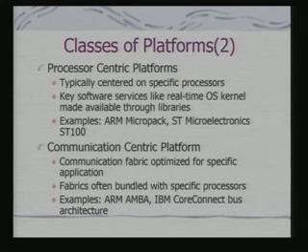There are also communication centric platforms, where the basic objective of the platform is to provide the communication fabric optimized for specific applications. We had already seen ARM's AMBA bus. ARM's AMBA bus as well as an ARM processor integrated onto a single system on chip can provide an example of a communication centric platform, so that you exploit that bus to add on additional components and have communication between them depending on the application that you are looking at.